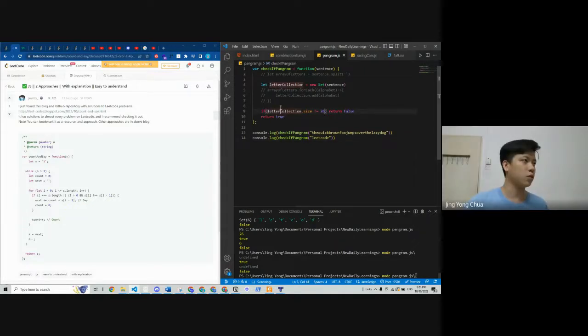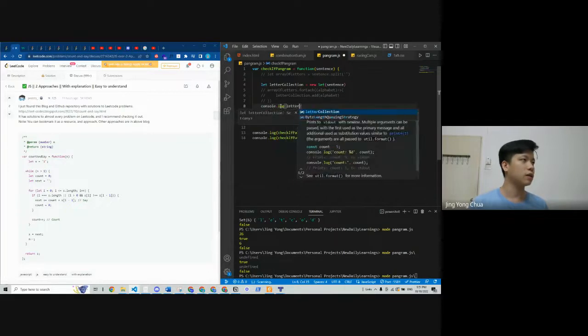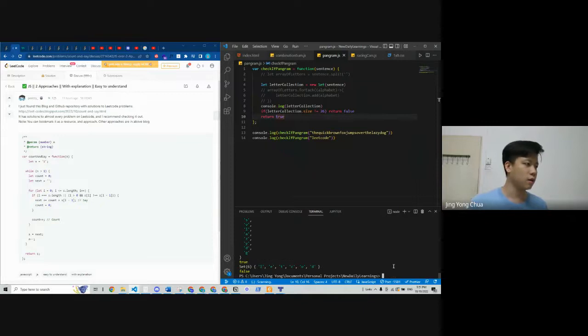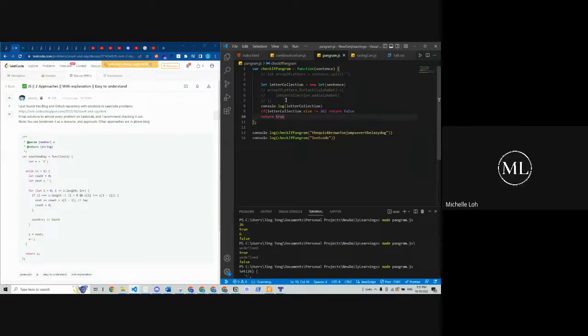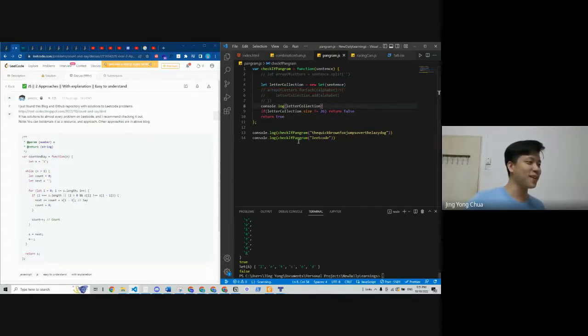Wait. I need to console log the thing first. Console log letter collection. Wow. This is OP. This is so powerful. Oh my gosh.